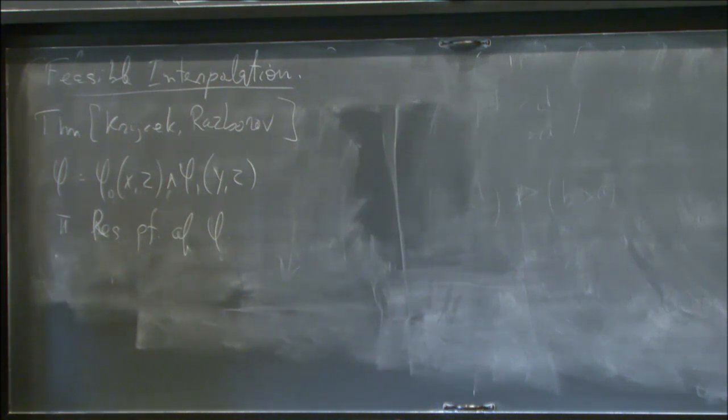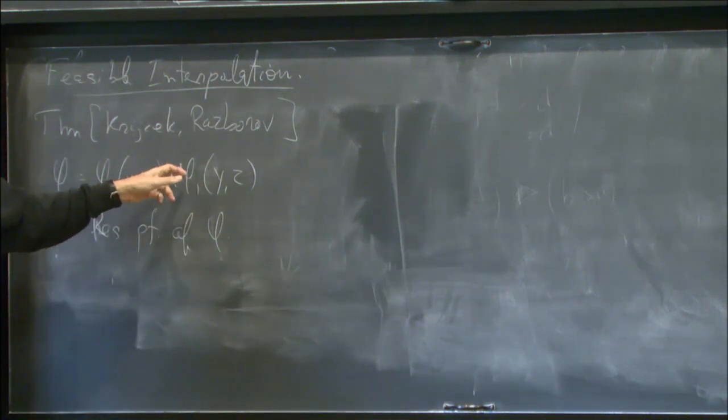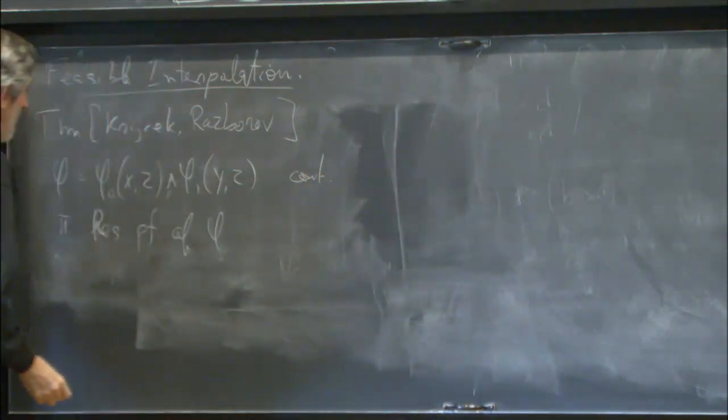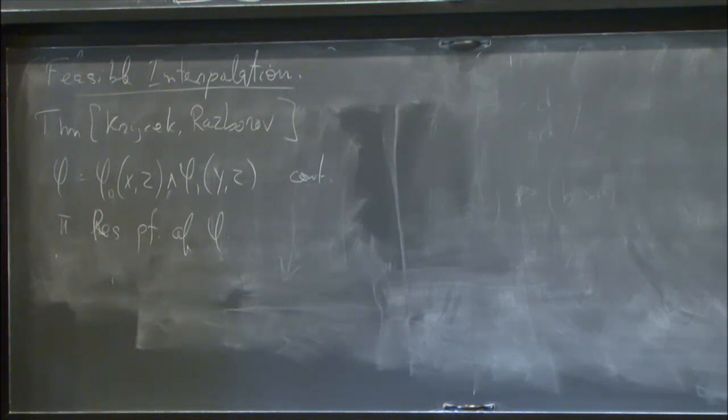So feasible interpolation is the problem of determining which of these two parts must be a contradiction. So we are given a proof of phi, and